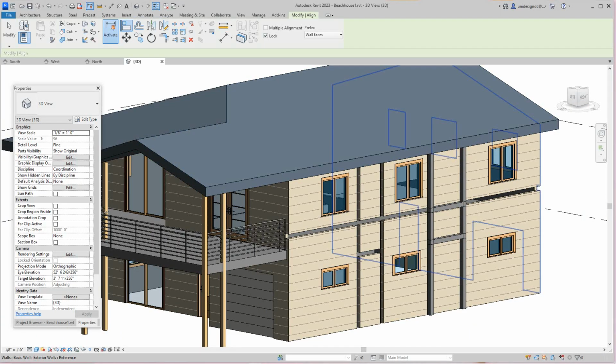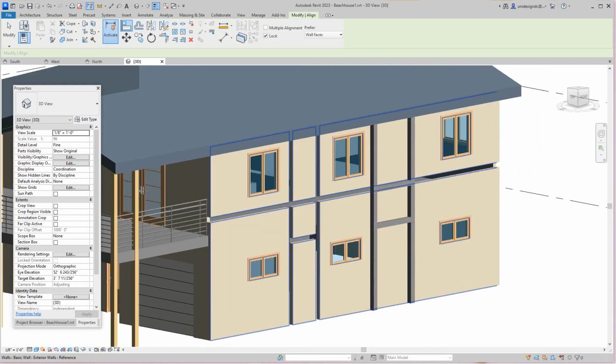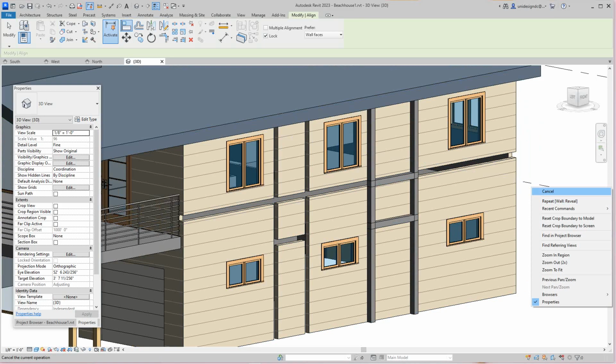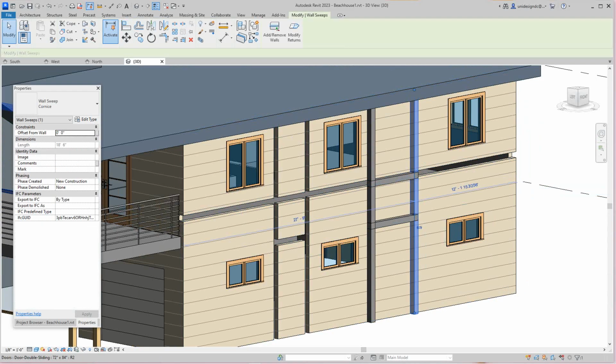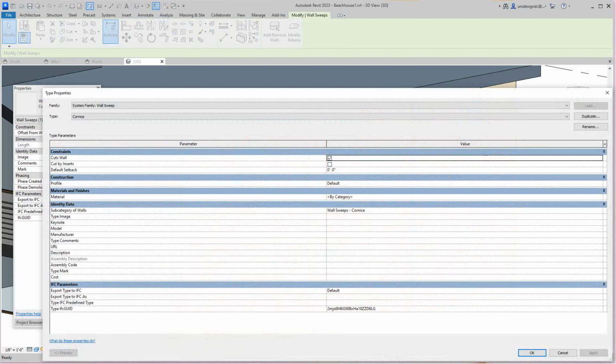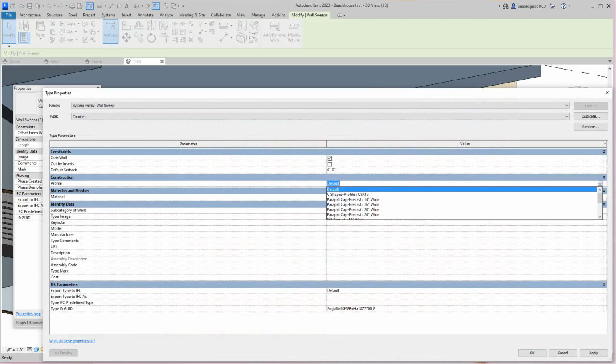But anyway, I just wanted to show you how the reveals work now. As far as reveal, they're just simply profile. So I'm going to select this one, and I'm going to go and change the profile. So here, to change the profile, you can go edit type here. And we're using the default. You can go and use the